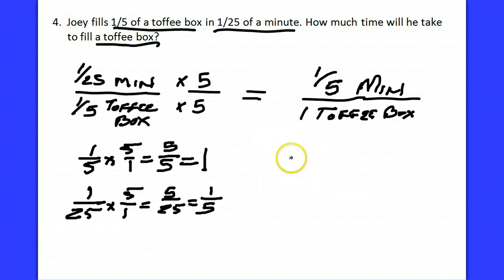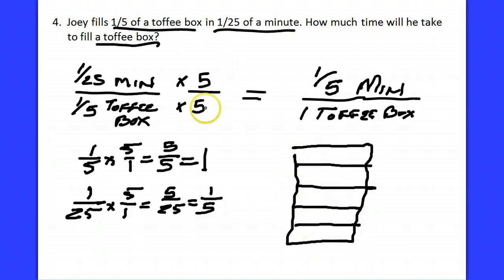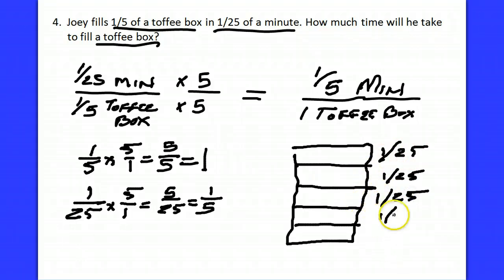And we used an image today in class to try and make this make sense for some students also. If I have my toffee box here, that's horrible, and 1, 2, 3, 4, 5. If every fifth of the toffee box takes 1/25 of a minute to fill, then 2 parts of the toffee box are going to take another 1/25 of a minute, another 1/25 of a minute, another 1/25 of a minute. So over here we have minutes, and over here we have our fifths of the toffee box,